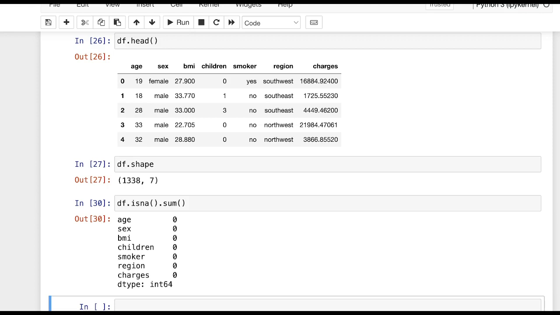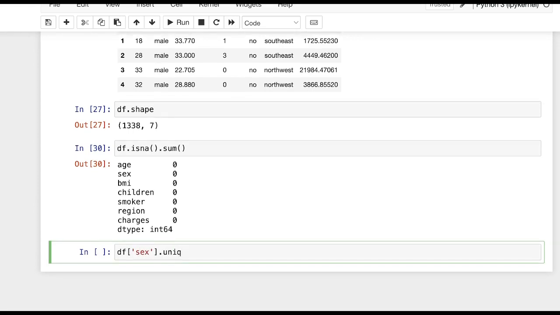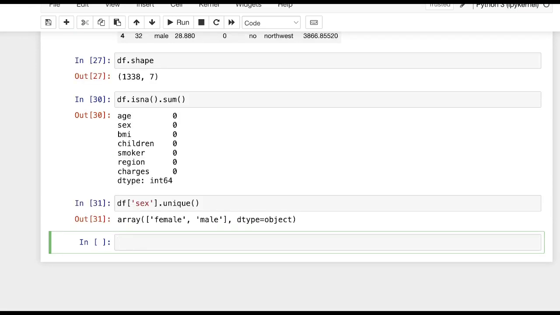Moving ahead, we'll try to convert the categorical features into numerical ones, starting with the sex column. Let us check the unique values of gender we have. So we will include that column, and let us check the unique values. The values in the sex column are either female or male. As there are only 2 categories, we are going to convert them using the map function. Let us create a gender map. This is the variable name of my dictionary. You can name it anything.